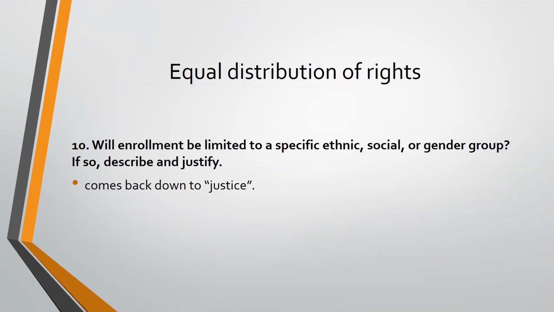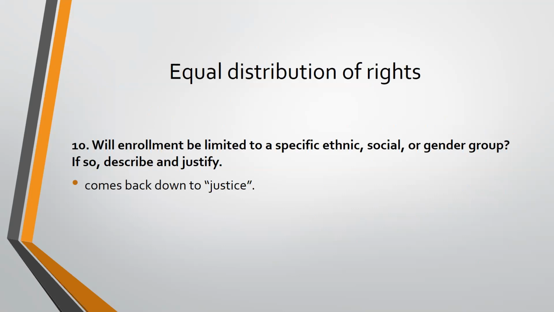Will enrollment be limited to a specific ethnic, social, or gender group? If so, describe and justify. So this comes back to justice, that ethic that we talked about when it comes to spreading out the benefits and harm of your study across all groups evenly. Now, considering the research question that you might have, that's not always possible. If you're interested in looking at why a certain group of people act a certain way, then the use of one specific group, ethnicity or gender group or sexual orientation or something of that nature might be justified. But you need to explain that here